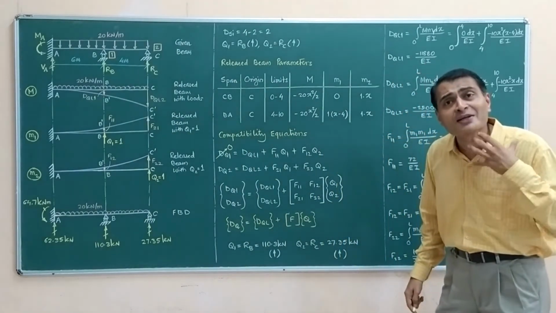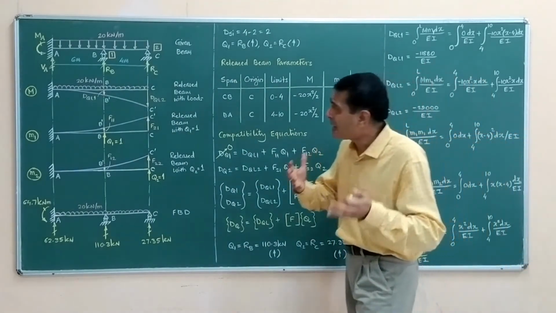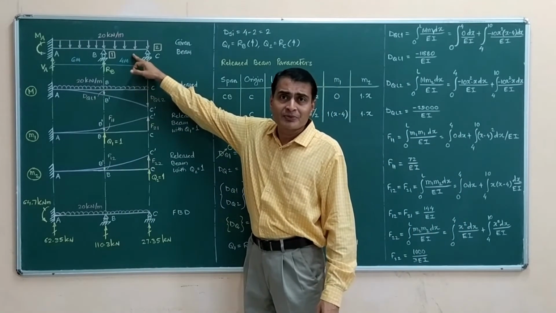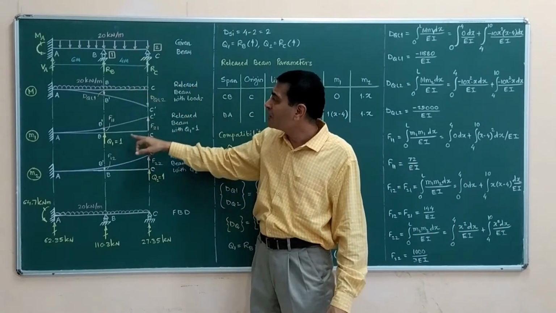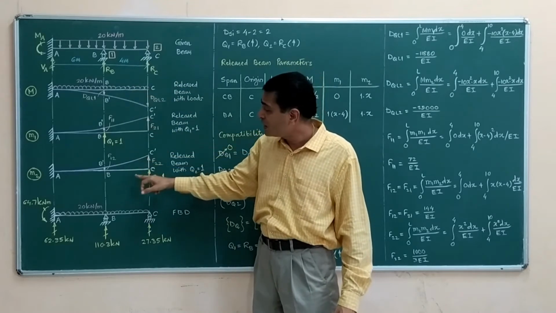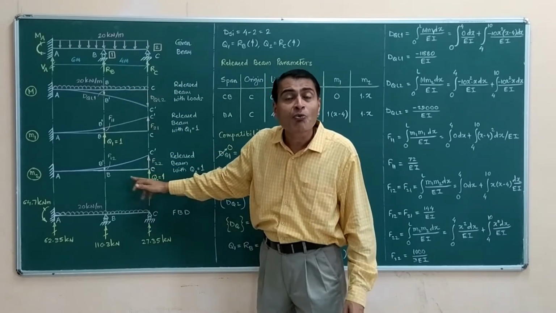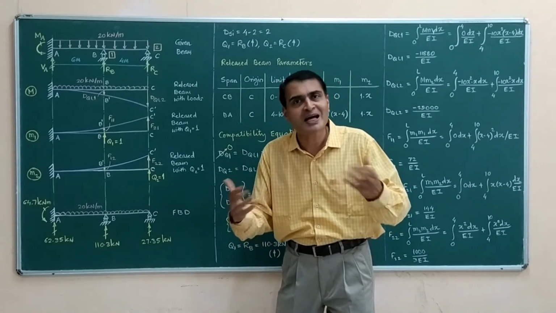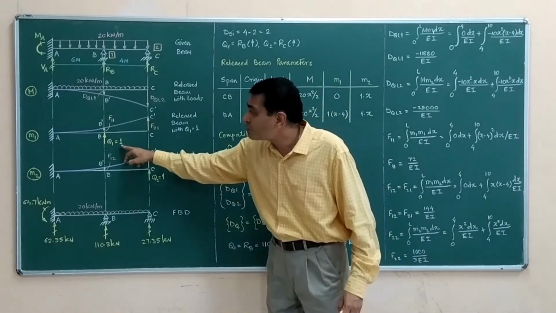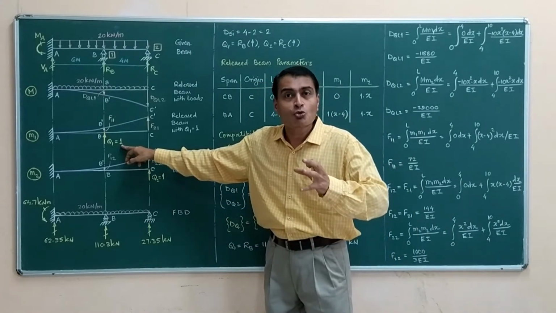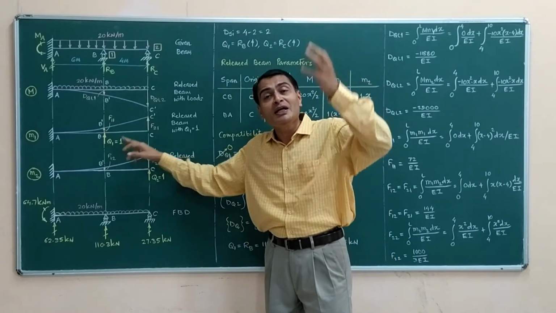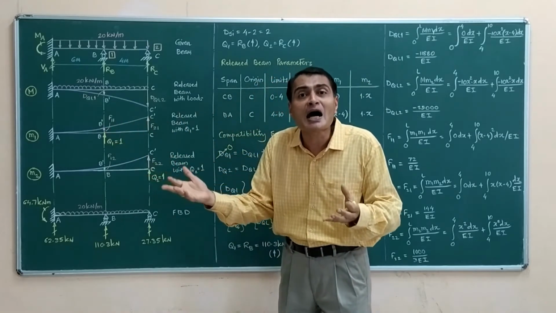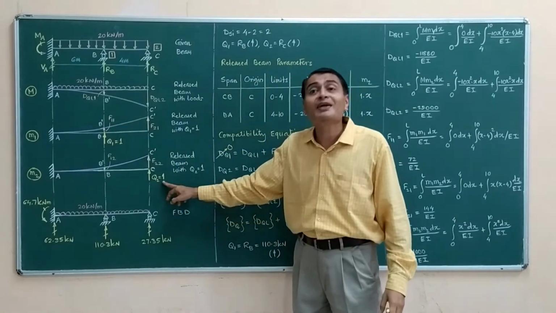And now what am I trying to say in my superposition? I am saying that since this diagram is equal to this diagram plus this into RB plus this into RC. Why am I saying this into RB, this into RC? I tried to explain in the last problem also. This is effect of 1. So what will be effect of RB? It will be multiplied by so many times, that is, it will be multiplied by RB. This is also effect of 1.